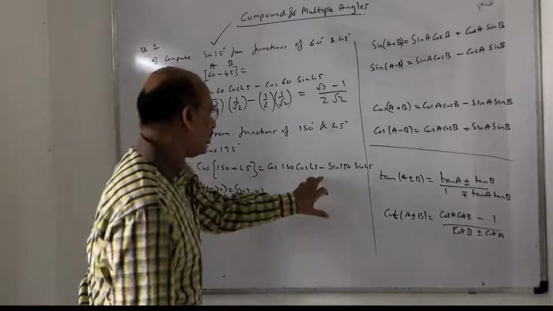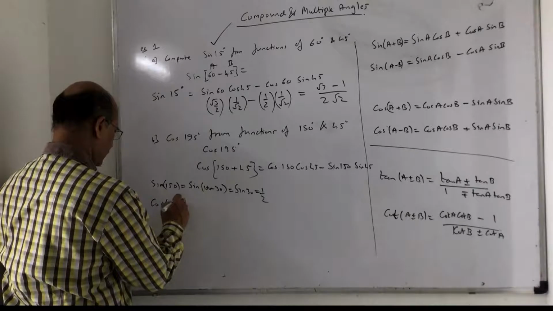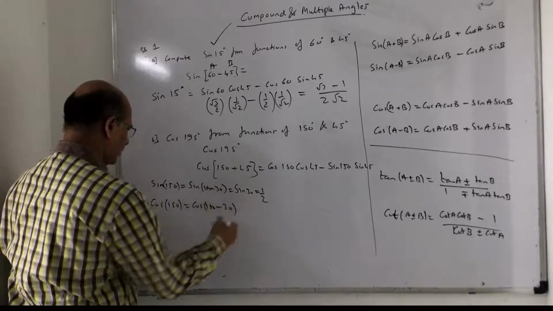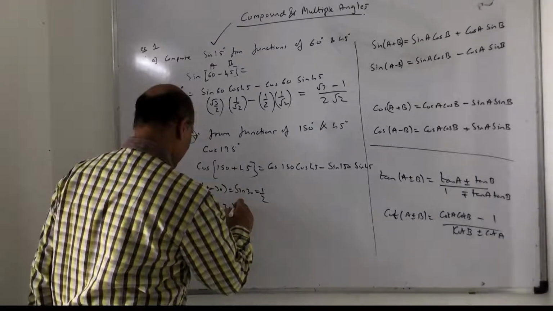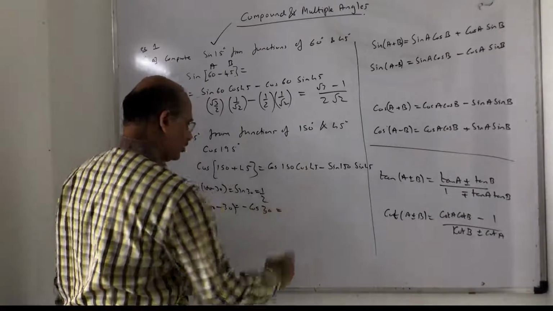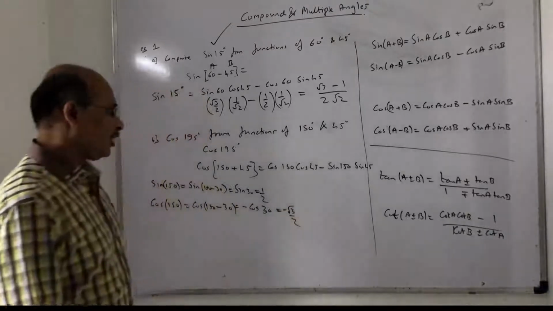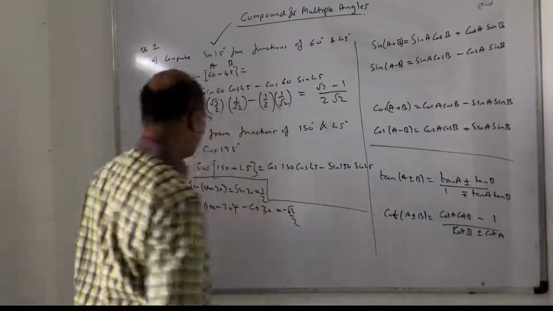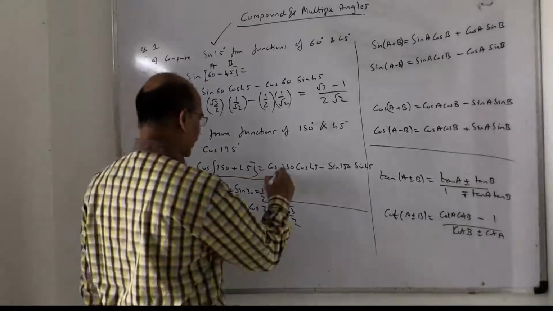Similarly, I want to find cos 150. So I can also write cos of 180 minus 30, because 180 minus 30 is 150. Second quadrant, so cos is negative, it is nothing but minus cos 30, and what is cos 30? Root 3 by 2, so minus root 3 by 2. That's all, my game gets over. Now they are asking us to find the value of this. Just see, I got the value of cos 150. Cos 150 is minus root 3 upon 2.